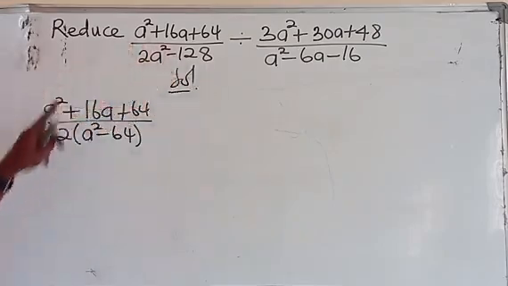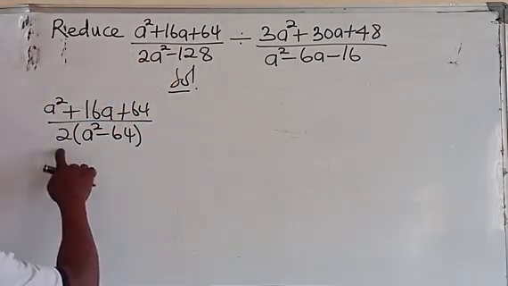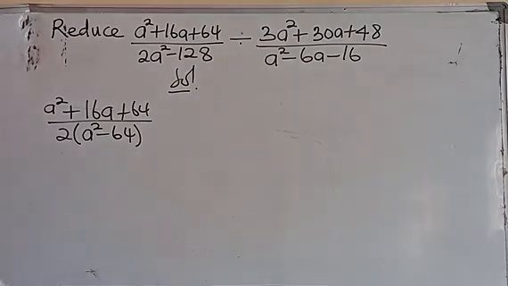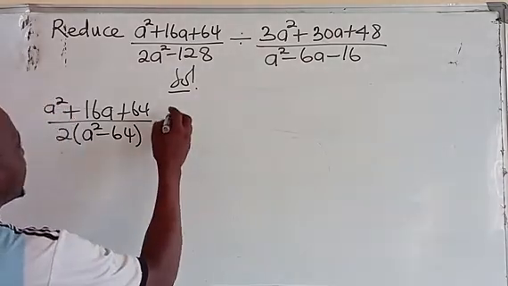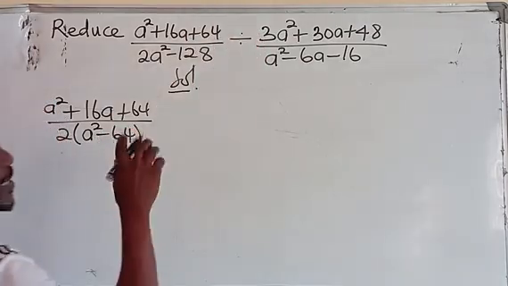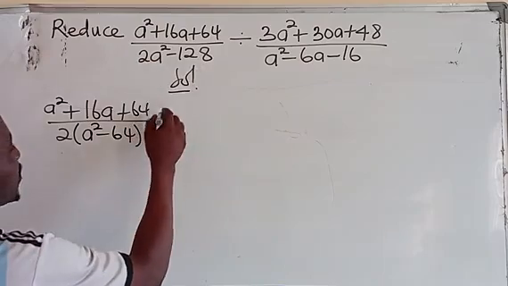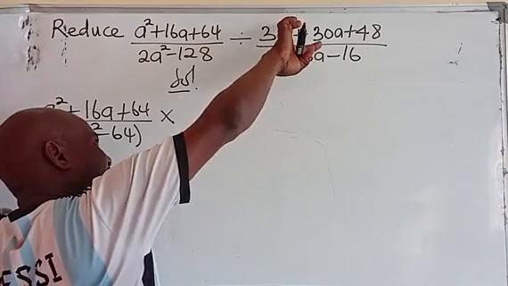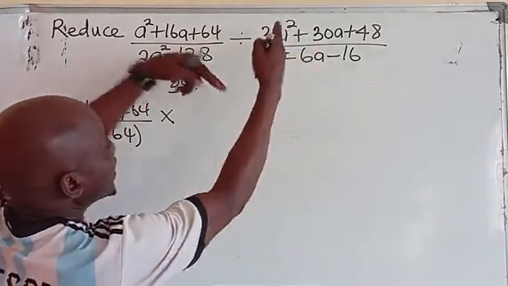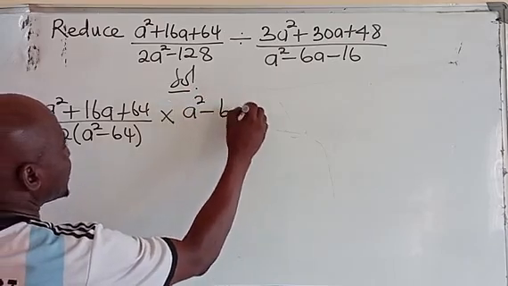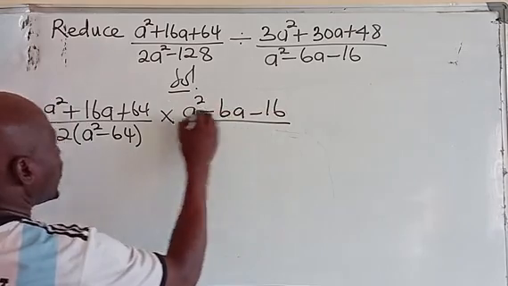So 2 times a squared gives me 2a squared, and 2 times 64 is 128. Now, I want to change the sign from the beginning. So instead of division, I write multiplication, and then I'll reciprocate this. Reciprocate means turn it upside down. So that gives me a squared minus 6a minus 16 all over